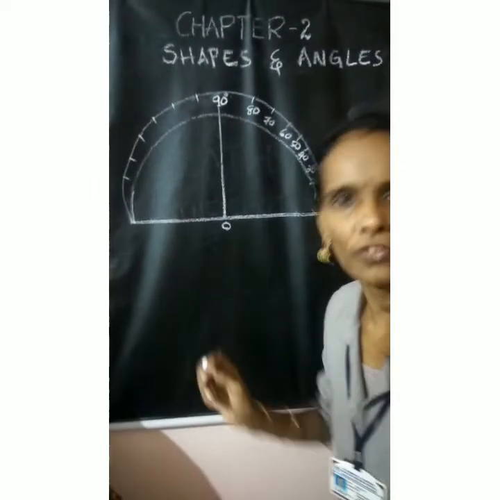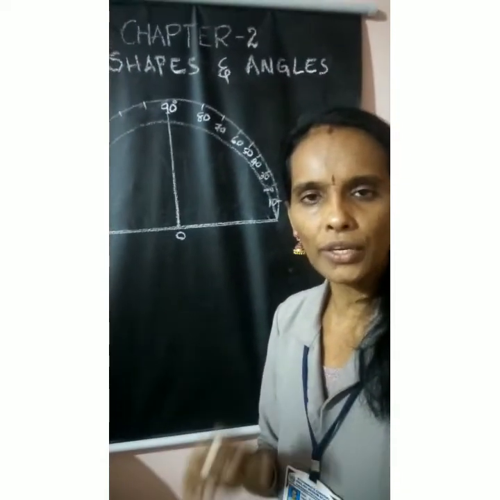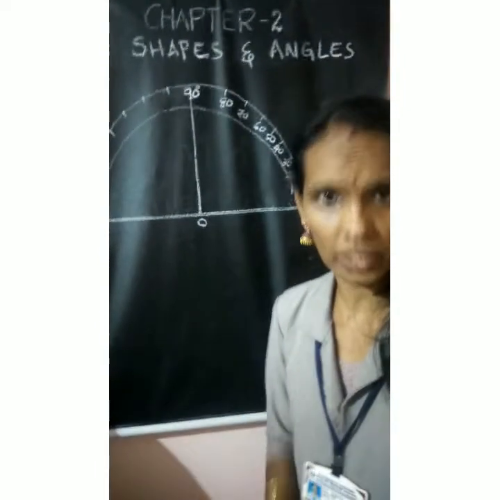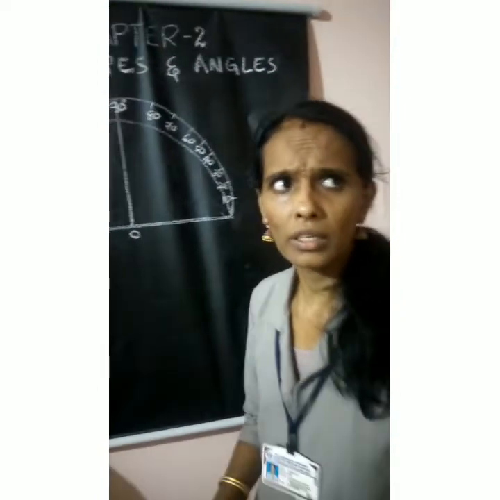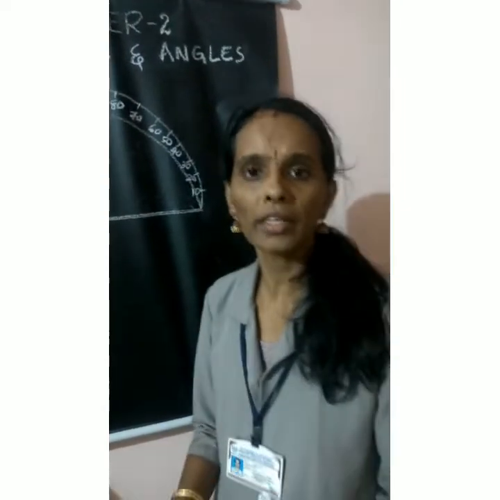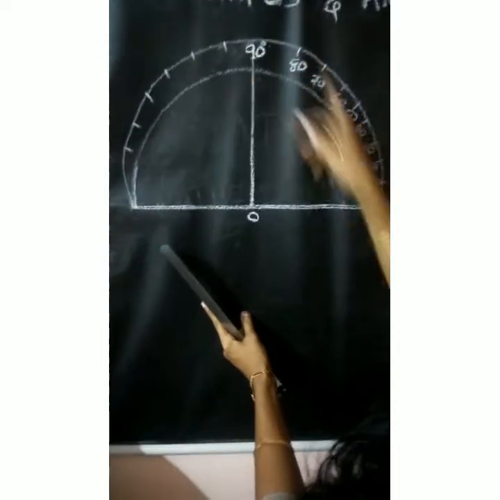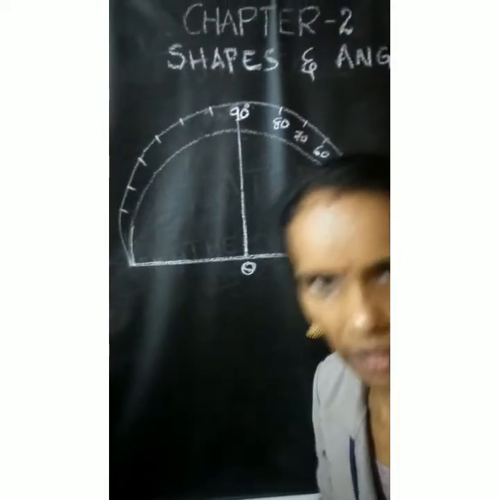So this is the rough sketch of a protractor. You can take your instrument box in your hand; one of the instruments has this shape. This is known as a protractor. Last year one question came in, I think in the first or second exam: the instrument used to measure an angle, which is protractor. One word only. This is the shape, and this particular line is the baseline of the protractor.